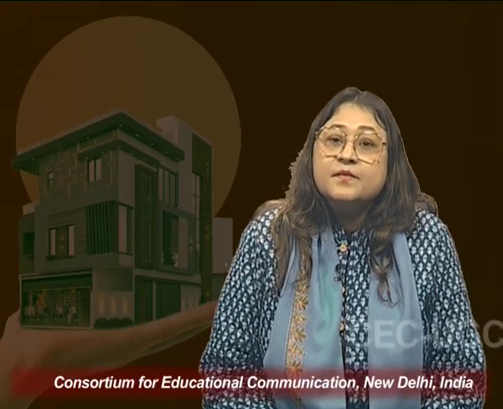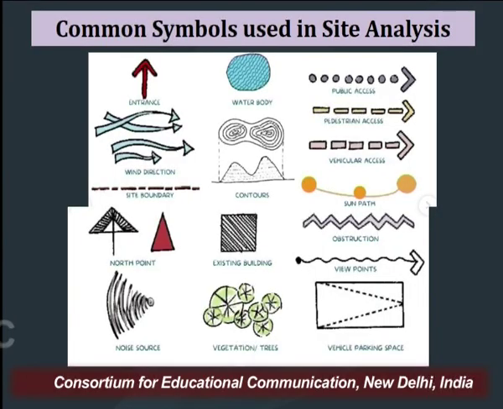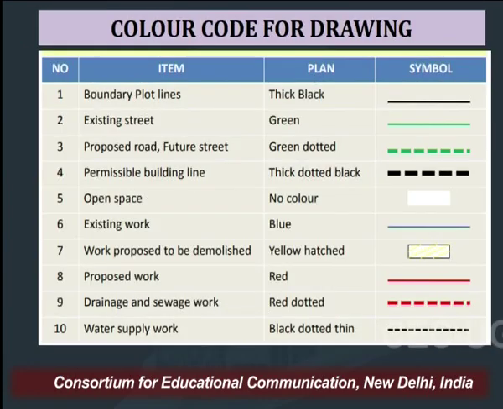There are some common symbols used while doing site analysis work. These are the common symbols that can be used for various purposes. These are the common drawing and color codes: plot boundary lines have to be shown in a dark line, existing street has to be shown in a dark line, proposed can be shown in green dotted, permissible building line is shown in thick dotted, and open space has no color. All these are basics that have to be considered and taken care of while designing and drafting your